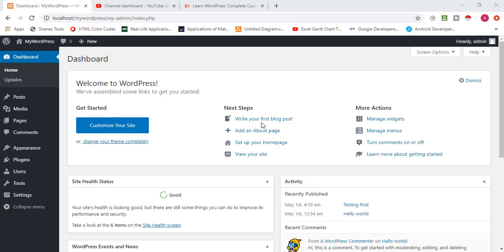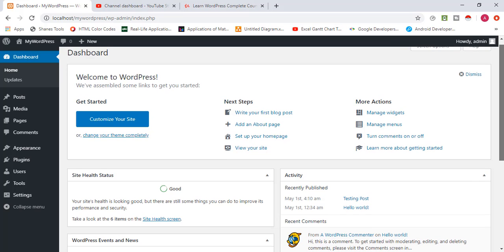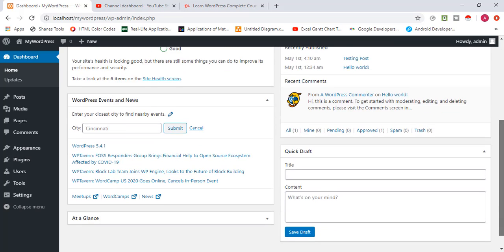In this video I will go through the WordPress dashboard, and in coming videos I will let you know about each of these options so you will understand how you can use posts, media, pages, comments and all of them. So starting with the home section, you can see there's an At a Glance